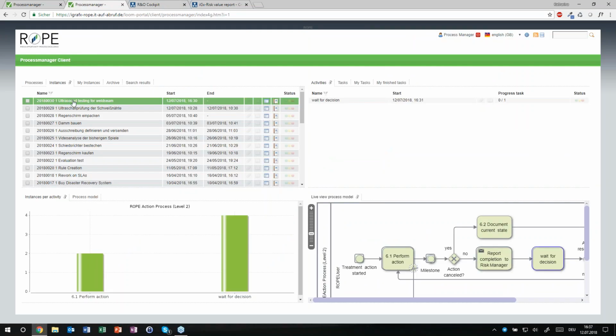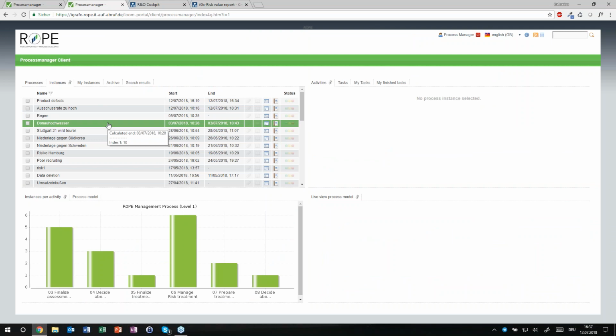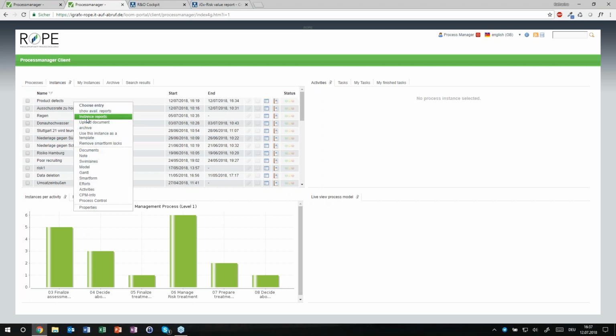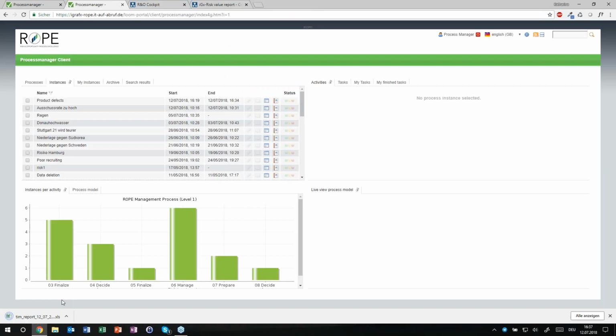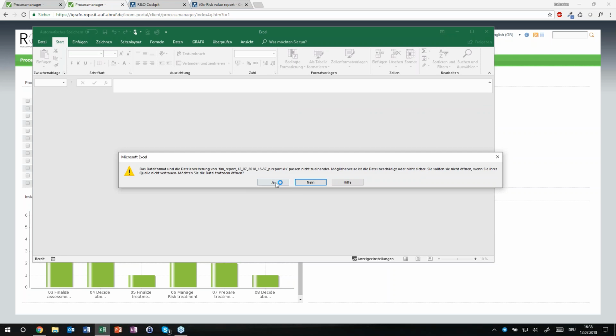As well, we can see here automatically which tasks have been performed by which person. So for sure, we can use our workflow automation not just for the risk part, but there are a lot of other use cases where you also have to document that you worked according to a certain procedure. In that case, there's the possibility to have what we call instance reports. The instance reports are typically a proof that you did tasks the way they were meant to be.